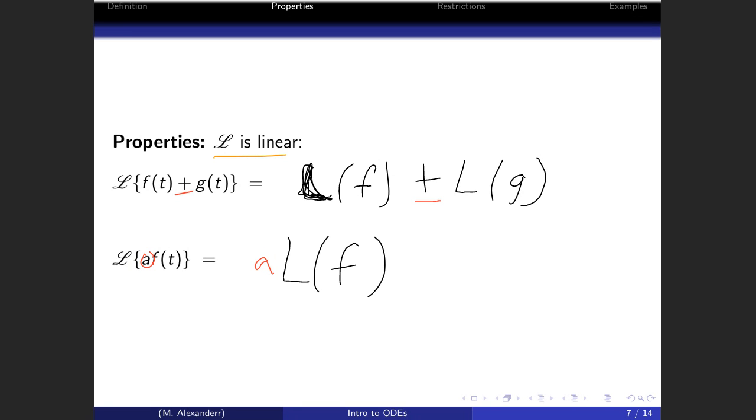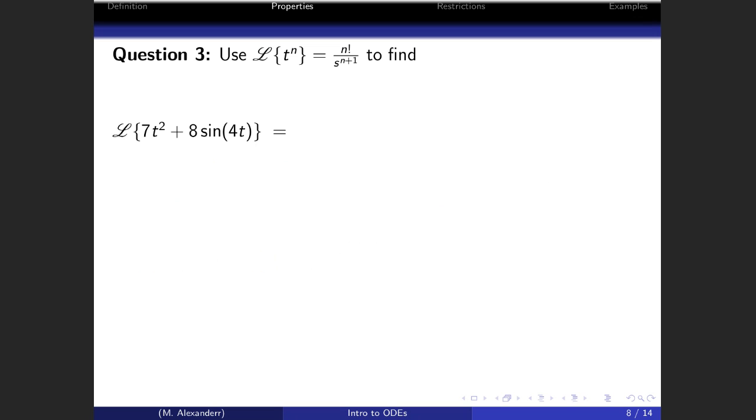Let me give you an example here. We're going to use this extra piece of information. This is technically a theorem: the Laplace transform of t to any power is given by this formula. Now the question is asking us to find the Laplace transform of the summation of these 2 different functions. So we're going to write down the Laplace transform of 7t squared plus the Laplace transform of